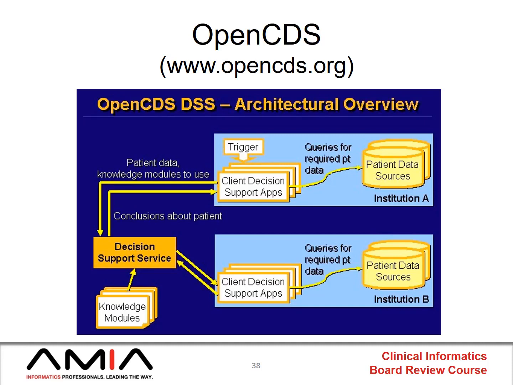So the idea is maybe there's two different organizations, institution A and B, both of which have their local electronic health record and local patient data sources, both of whom have subscribed to a group of clinical decision support applications, and based on triggers can invoke them. And when they're invoked, they actually reach out to an external decision support service. Think of this as a web-based service, a web service or some other application running in the cloud that can receive the patient-specific data as an inbound data source, and that can push back to the clinical decision support system recommendations or conclusions or some other payload